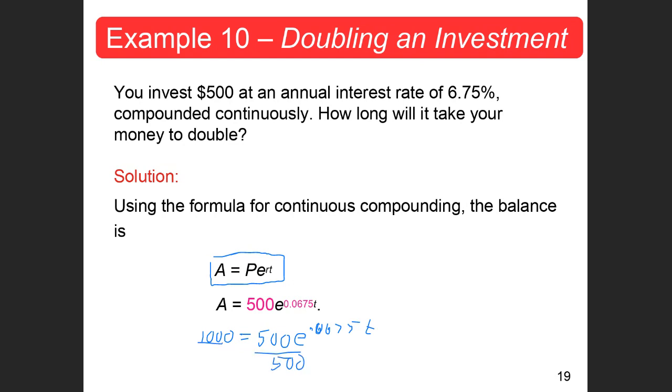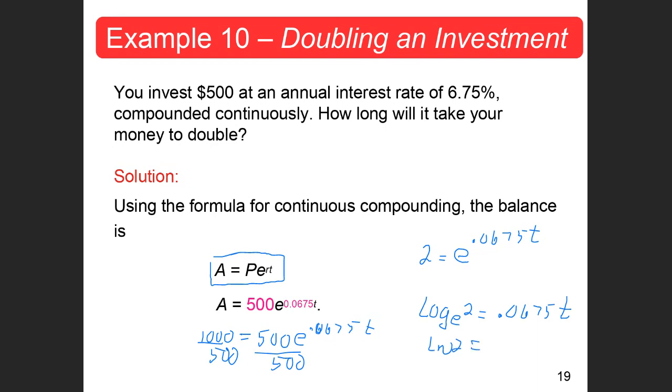I'm going to divide through by 500. So I get 2 is equal to e to the 0.0675 t. Well, guess what? This is an exponent. I'm going to rewrite it as a logarithm. Log base e of 2 is equal to 0.0675 t. This is natural log of 2